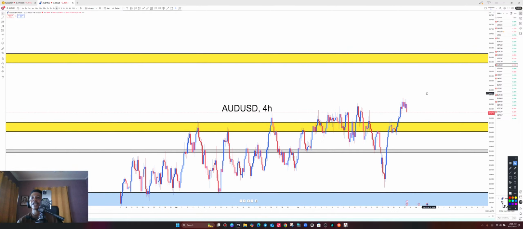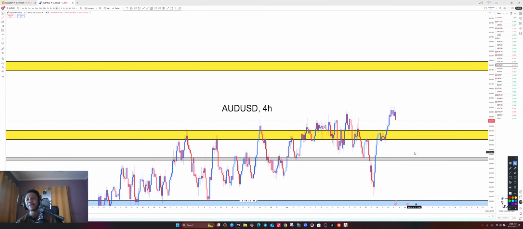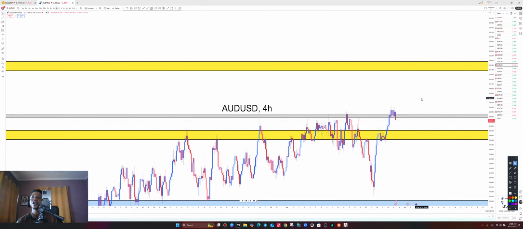All right, so this is the 4-hour time frame of AUD USD. Now, what am I expecting on the 4-hour time frame? Let's put a level here on the 4H. On the 4-hour time frame, price has set a 4-hour resistance level. It is seeing sell pressure to come all the way down to retest the weekly as support before it sees buy pressure to go all the way to the upside.